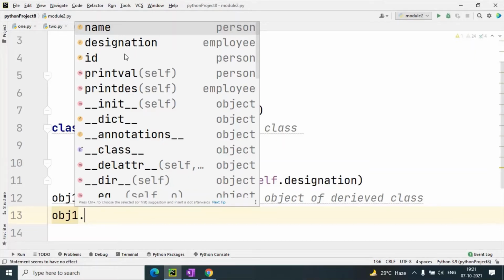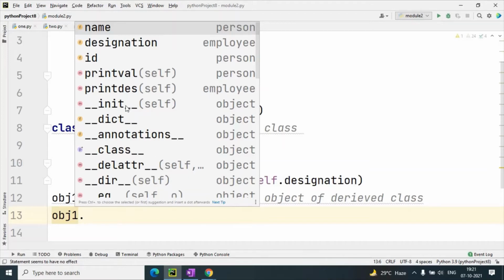Why? Because we have used single inheritance. That means the properties of the base class Person, name and id, are now available in the derived class. Also you can see printval is a method of the base class, so it is also available in the derived class. Print designation is a method of the Employee class.